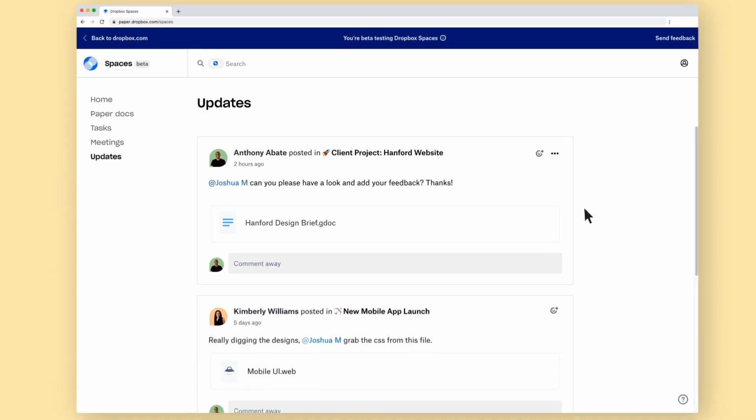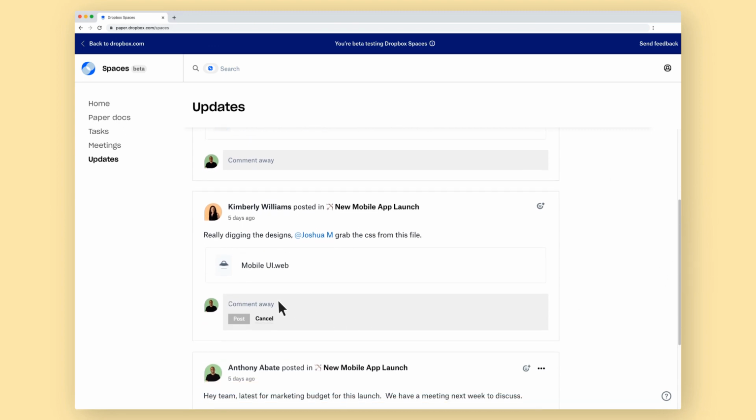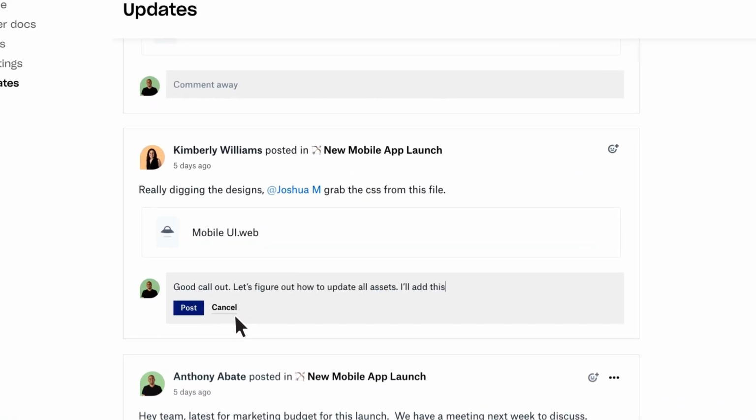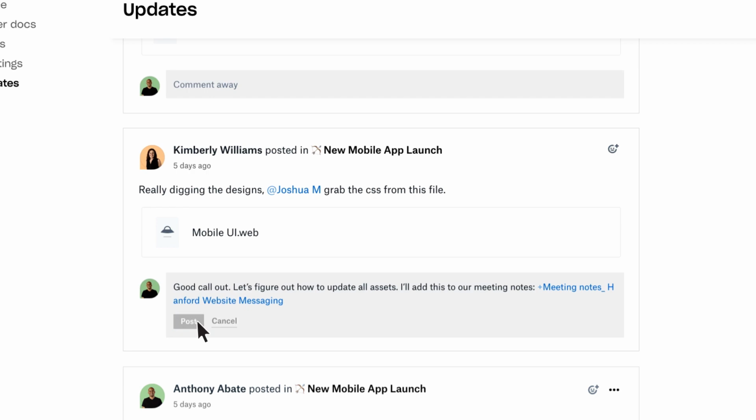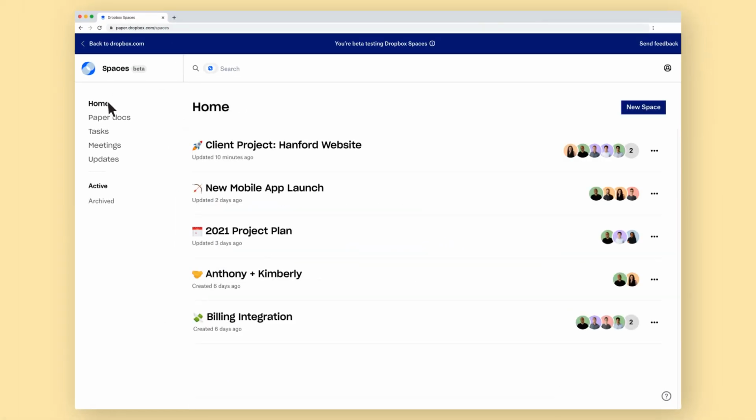From the Updates tab, you can add a post, respond to a teammate, or review the latest version of a project file. Okay, I could go on, but it looks like you and your team are making great